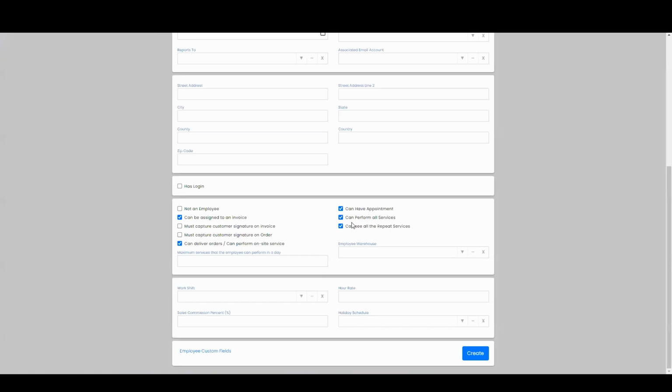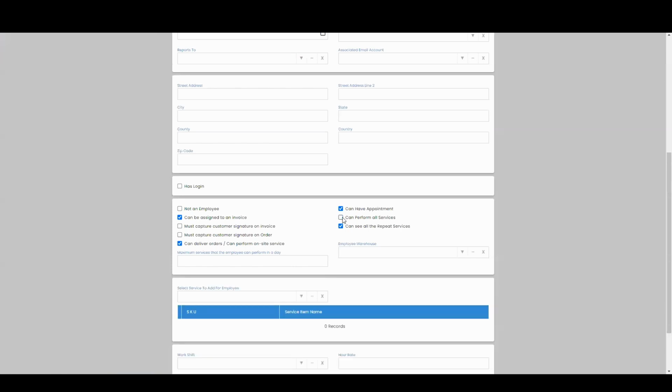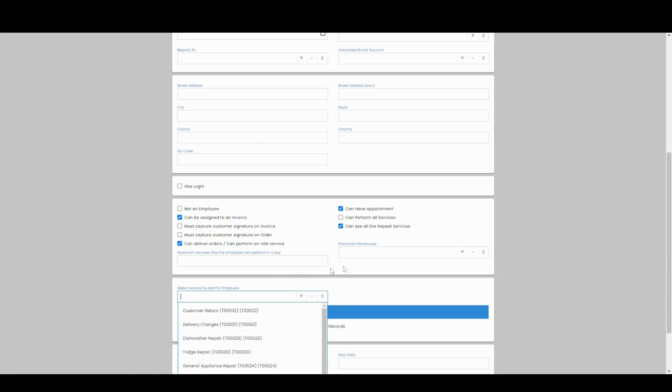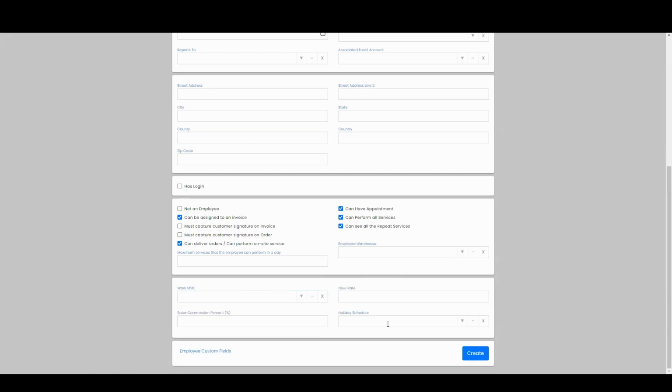That's simply meaning whether there are going to be some services that, for example, they cannot perform. So if they can perform TV repair, refrigerator repair, dishwasher repair, but they cannot do washer dryer repair, we would unclick this and we would actually select the services that they are able to perform. So we're going to say that they can perform all services, can see all repeat services, and then lastly, we